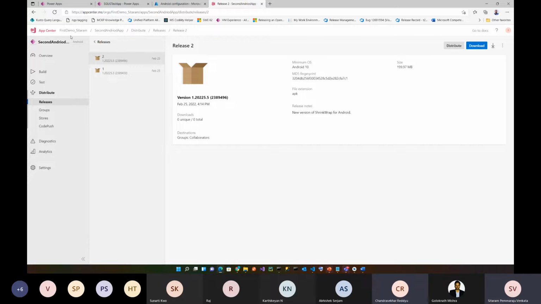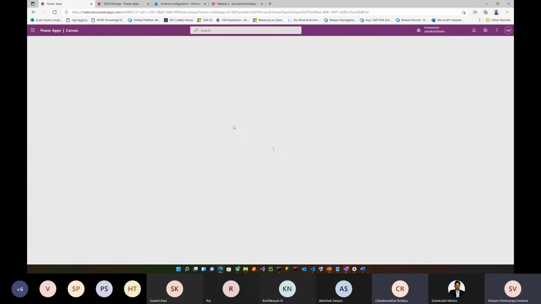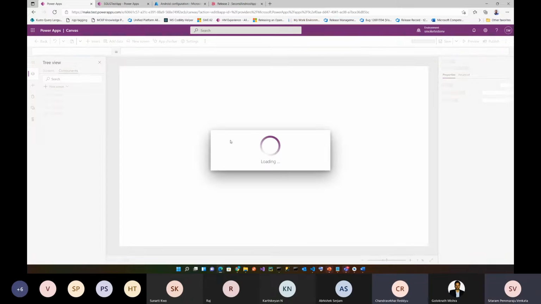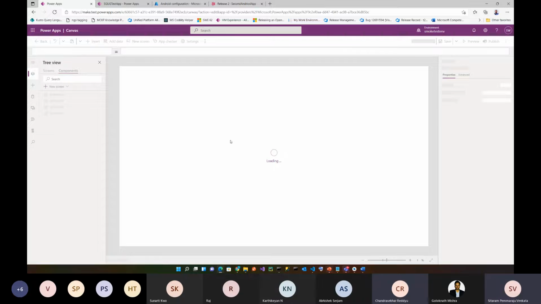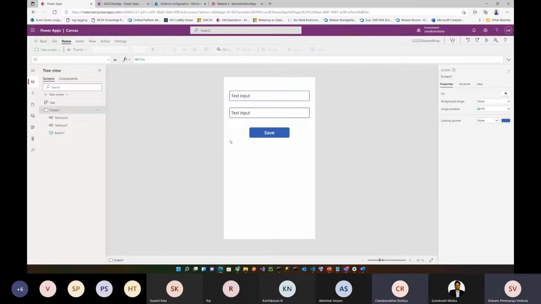Now let's say, how do you update these apps? When I go here and say edit it, there are 2 ways. One, it will be shown automatically like all other Power Apps. When a newer version is published, it's going to show you, hey, there is a newer version of this, do you want to download it? And then you'll get your newer version. That's one way of downloading. The other, which I would prefer, which I usually do, is to publish a newer version of the app, so that